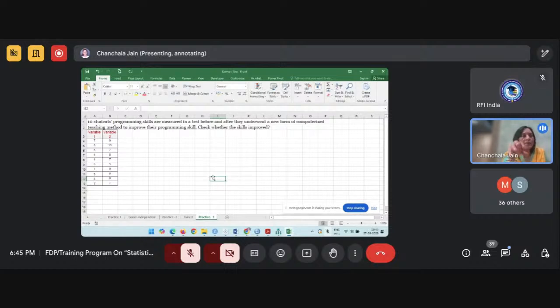So we have seen that we will be having only one numeric variable in case of one sample t-test, and we can use Excel as a calculator only. That means we need to keep the formula of the one sample t-test in mind, and then step by step we will find the sample mean, the standard error of mean, and then the t calculated value. Using the t.inv function we can get the t critical value, and then we can compare the two values, and that way we can decide whether we are going with the null hypothesis or not, right?